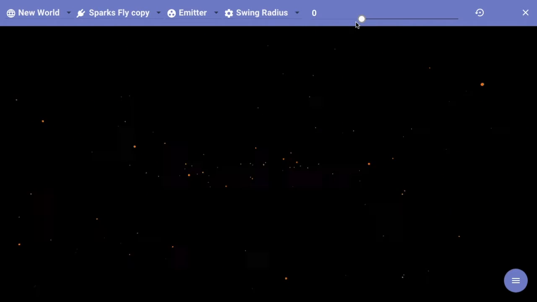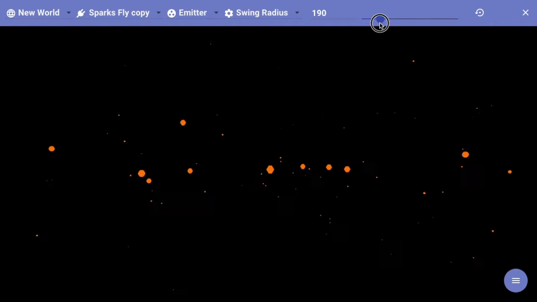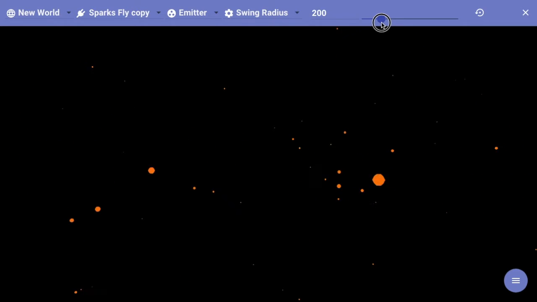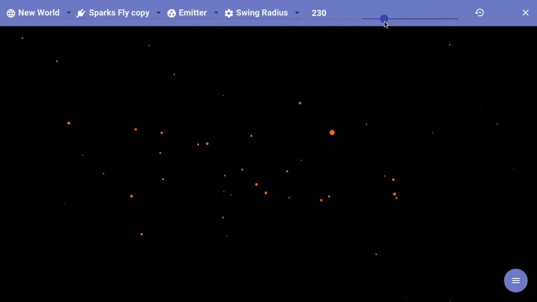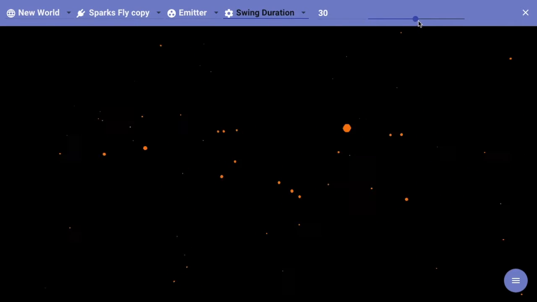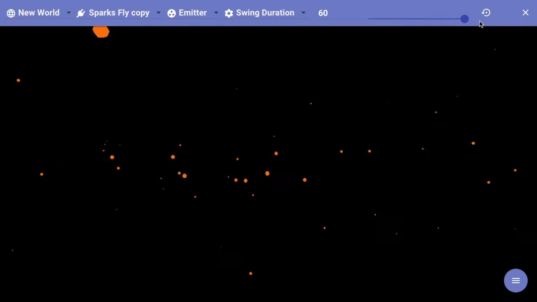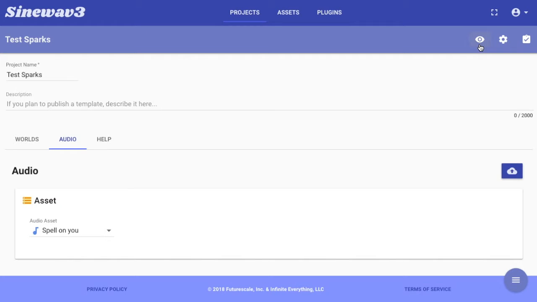Seeing how it seems like everything is coming out of the same spot. That's the reason for swinging it around. We can change the duration so that the swinging is slower. So now with audio,